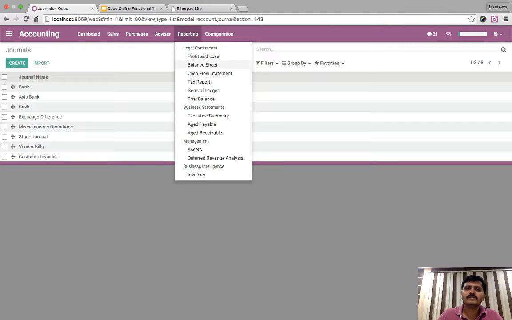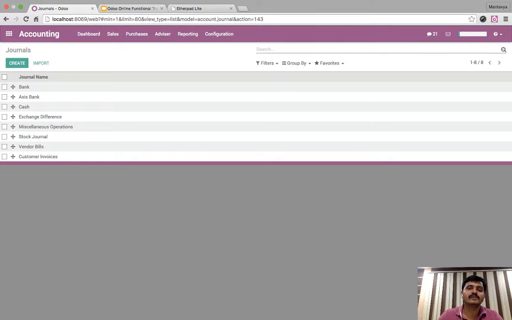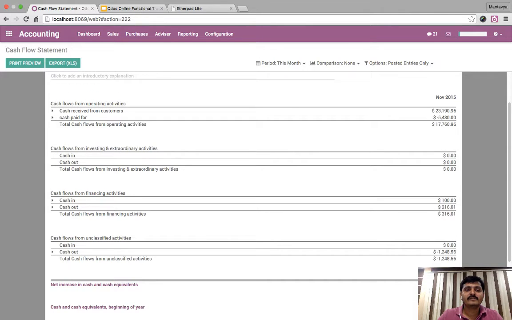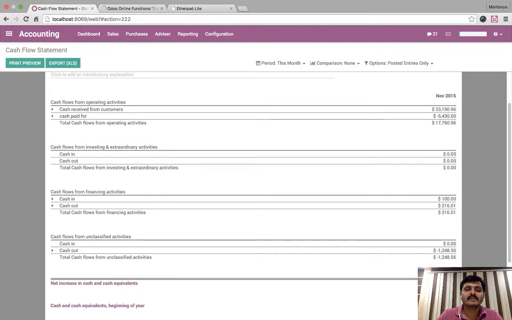Two most important reports we have already seen. Let's jump to the cash flow statement. So, cash flow for the current year and the current month. For cash flow from operating activities, we get cash in and we pay cash out. The difference is this. Same for cash flow from investing and